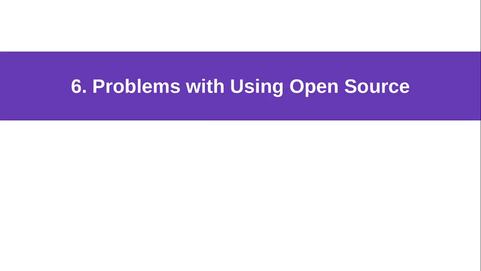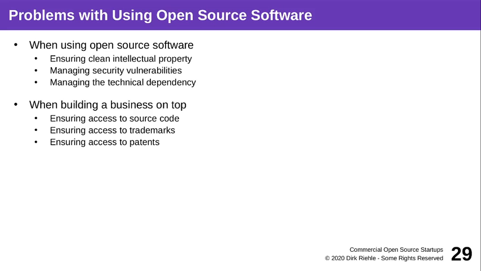So now that you're using open source in your products for good reasons, because it's high quality software for free, no vendor lock-in, you can modify as needed and fix the problems yourself you might encounter. Question is, are there any downsides to using open source software? And sure enough, there are. So one we discussed, you need to be very clean about the intellectual property rules. Make sure you comply with the license.